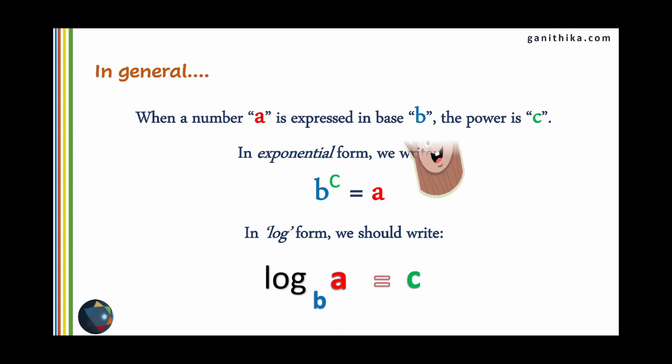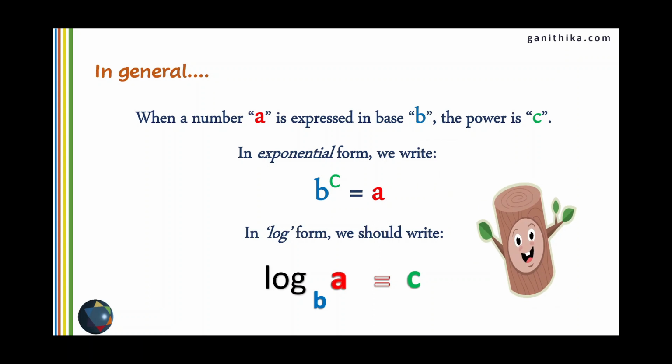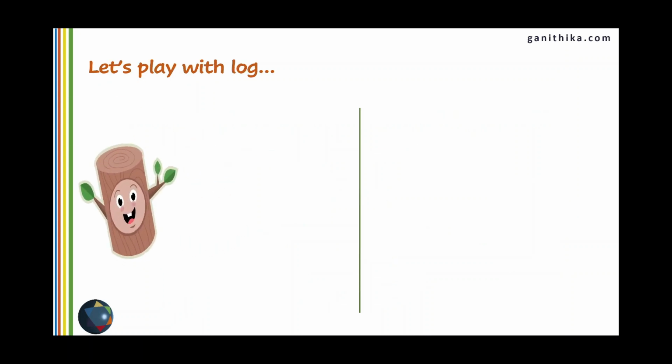So log is the short form for logarithm, and not this log, okay? And if you want to convert logarithms to exponential form, remember this arrow marks. b to the power of c is equal to a. Okay, let's play with log. No, not this log, but with logarithms. So we have log of a base b equal to c, which means b to the power of c equal to a. So remember this and we'll solve some problems.